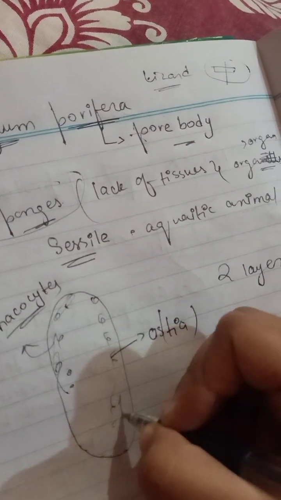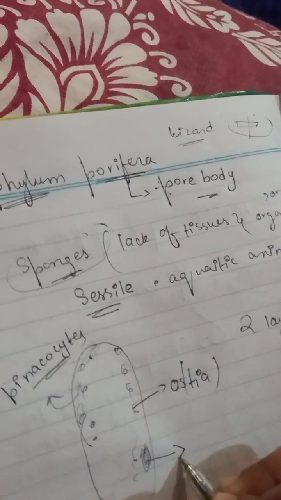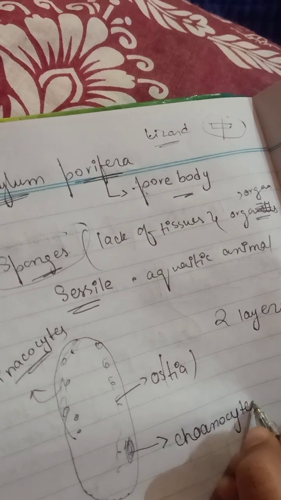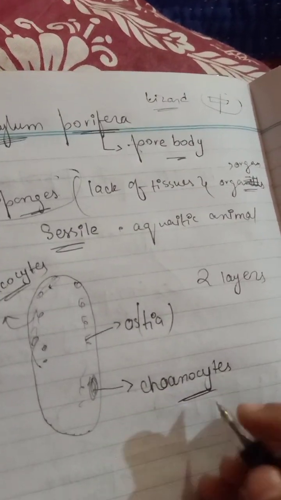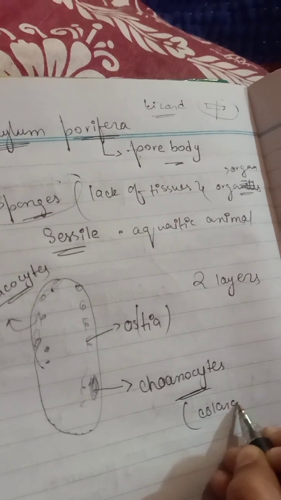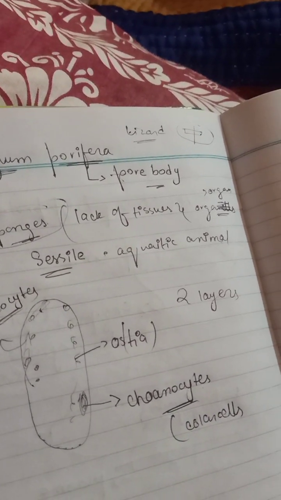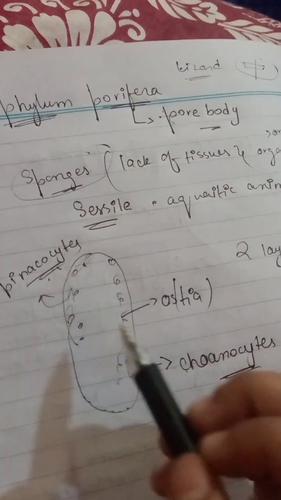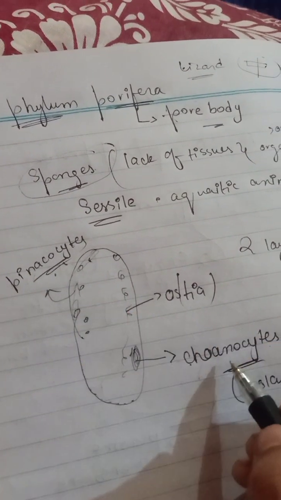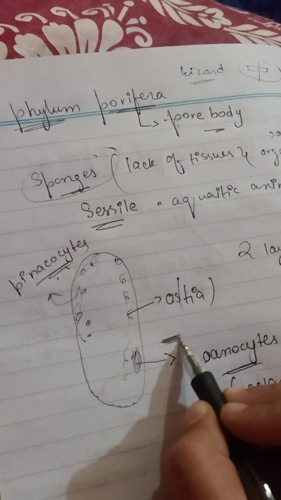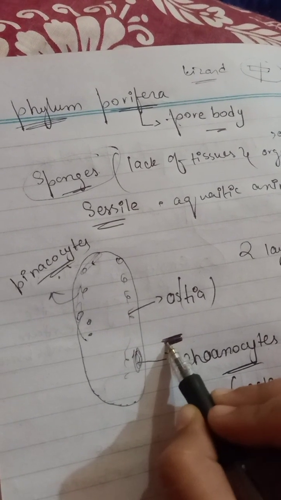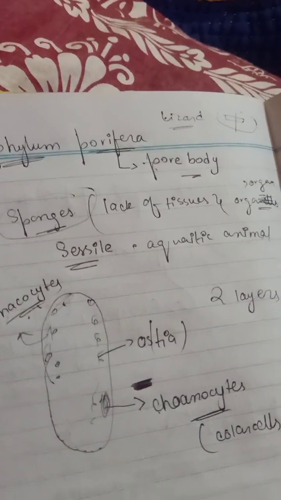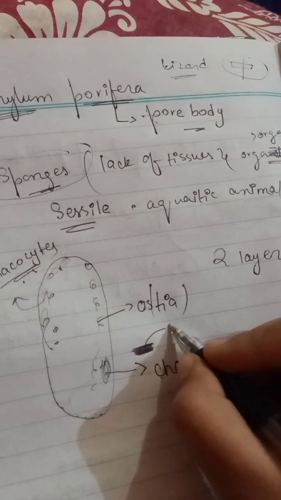The inner layer of the body is called the choanocytes, also called flagellated cells or collar cells. Between both layers there is a sticky region, which we call the